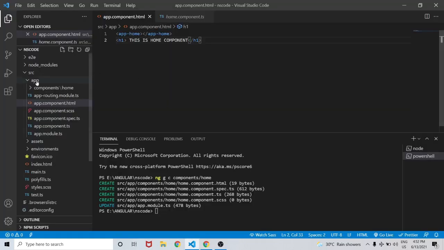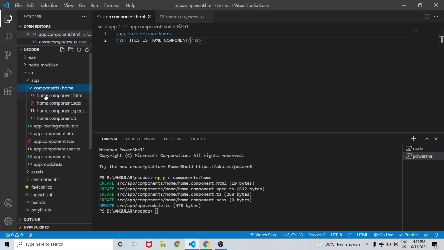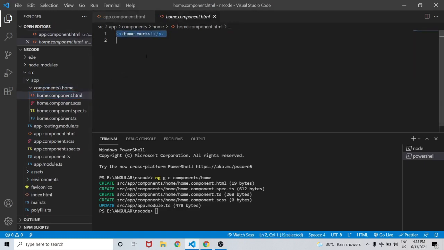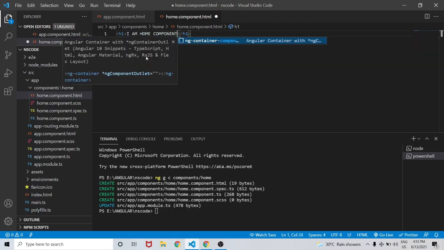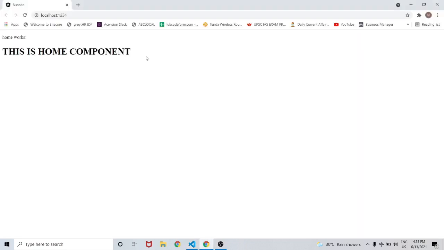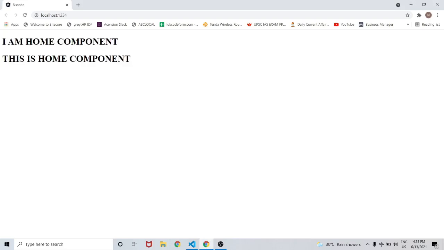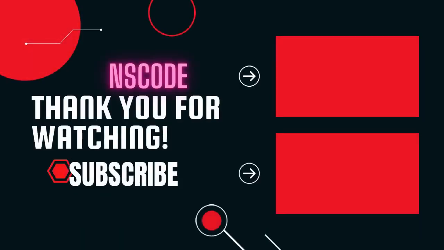Now let's try to change the text inside the home component. Instead of home works, we will write an h1 tag and inside that I am home component. Press Ctrl S. This will automatically compile and reload the page. As you can see, we do have I am home component. So this is how you can create a